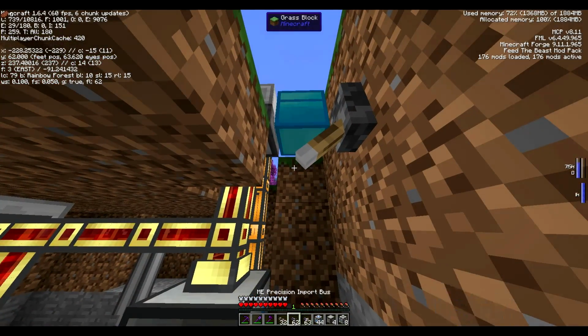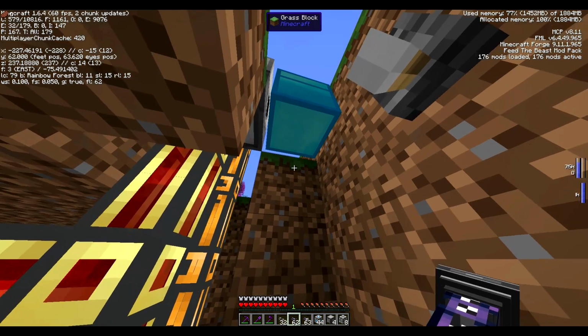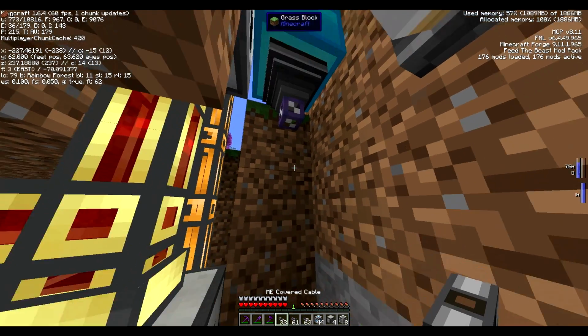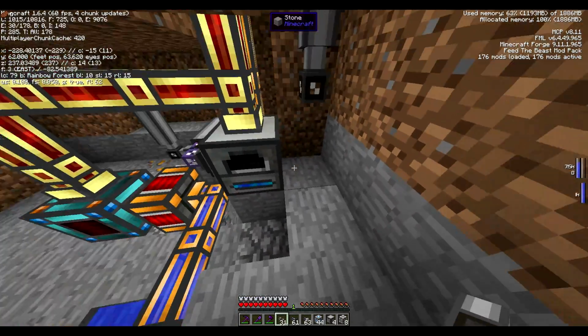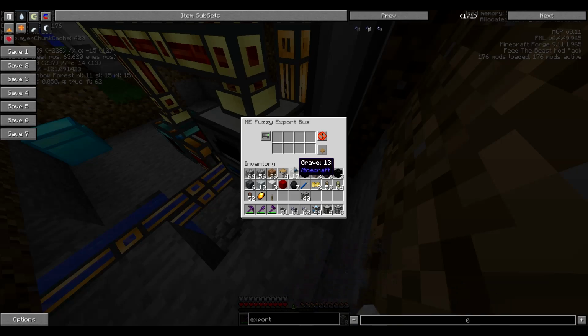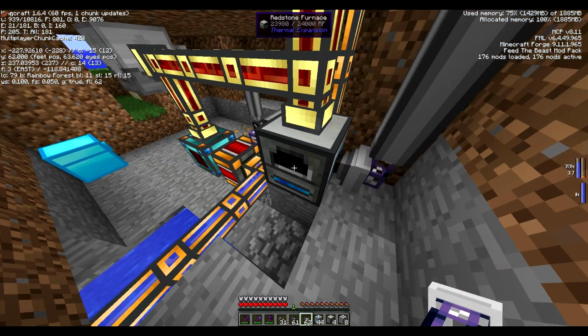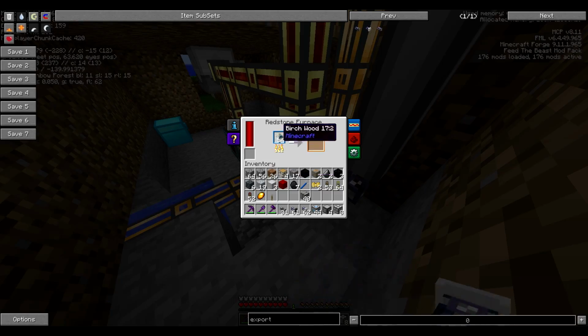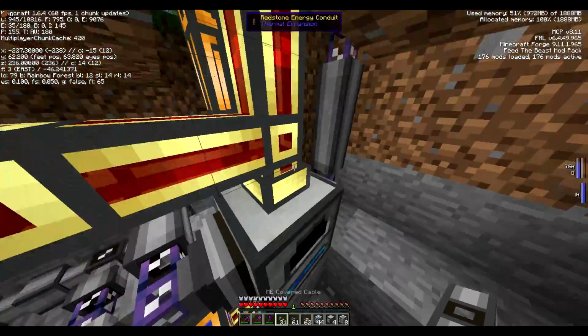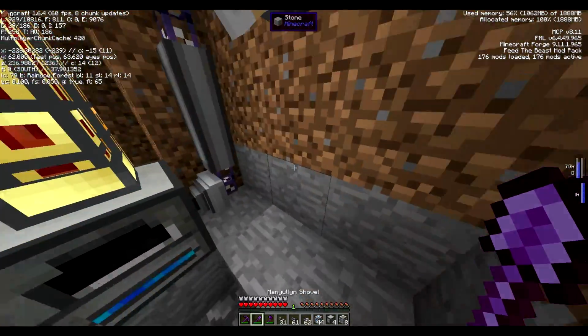Okay, so we're gonna add a precision import bus on the bottom and add a cable to there. We also want an export bus on this side, and we want to say we want to export birch wood. Stacks at a time, or do we want single items? I don't know. We'll see. So when we add this to the frame, to this network as well,